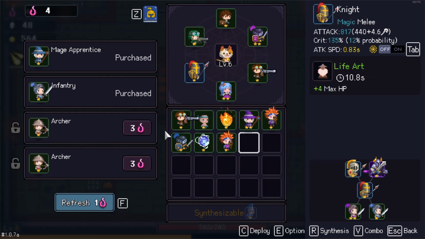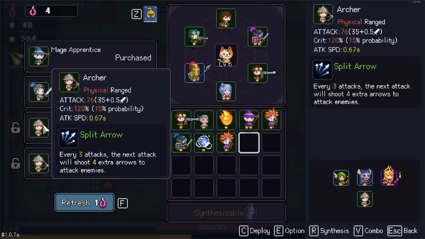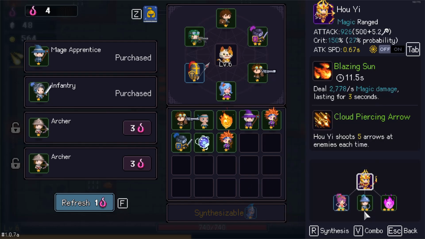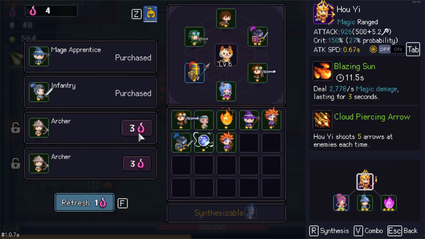Combine these. Now, I do want the archer for the Hui Yu. 2 archers and a bunch of beauties. So,